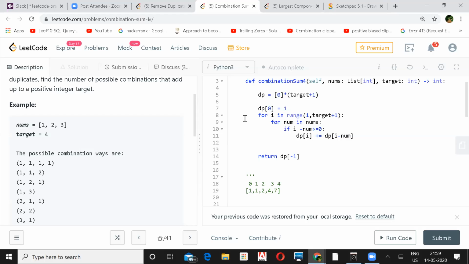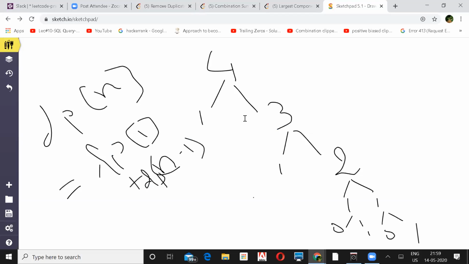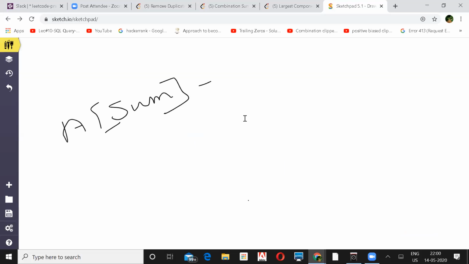Can you write this equation? I'm just trying. Sure, that will be more clear. The target will be the array A of sum, and the other dimension is n. It's a 2-dimensional array.